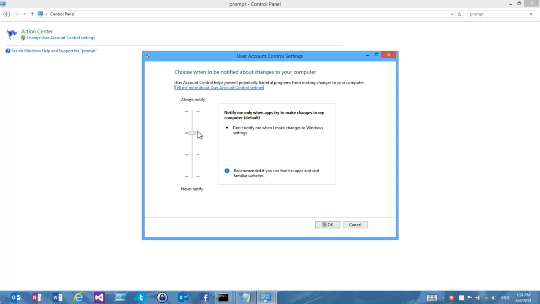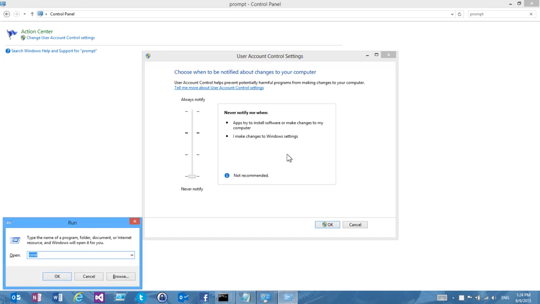So we try to simplify this, right? And every time we try to simplify this, we leave a lot of complexity on the table. The slider that everyone knows and loves, maybe. All the way down on Windows 7, what did that do? On Windows 8, what does it do? It does not turn it off. Yeah, it's different. The complexity